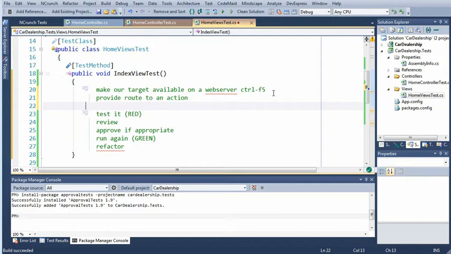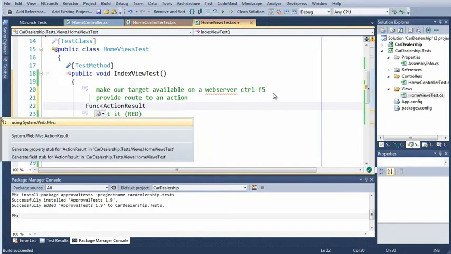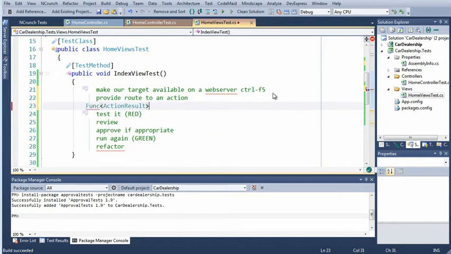In the case of running a simple MVC approval, what we want to do is provide a delegate to the MVC approvals, which will give MVC approvals all of the metadata that it needs to infer what the route should be. So our delegate is just going to be a function of action result. We need to bring in our MVC namespace, and we'll just call it action delegate. This is going to be a temp for now. I just want to show it to you guys broken out before I show you how to do it elegantly. So action delegate,